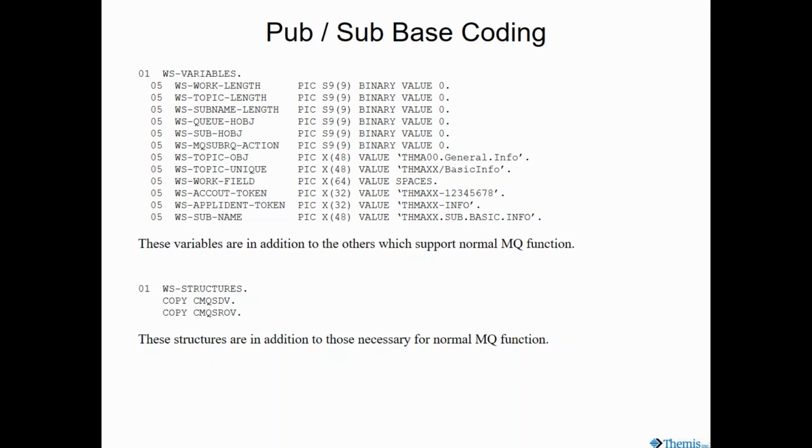It's kind of like the base level name I provided, if you will, to a topic. But you'll see where I can actually make it much, much larger. Work field. Now, because I've restricted my topic name, and a topic name unique here would be the full, complete unique topic, and it can't be 10,000 characters. The work field here, as I'm putting things together, you've got to wait till you see